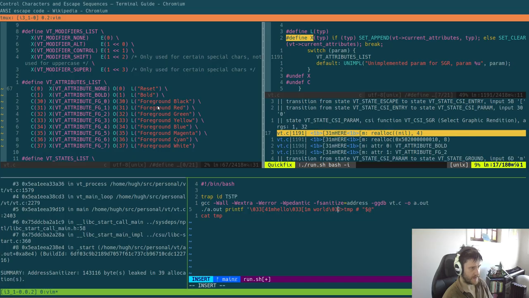I'll have my numbers again. And we can just do something like that, and then do a few exclamation marks, and we can just printf that,